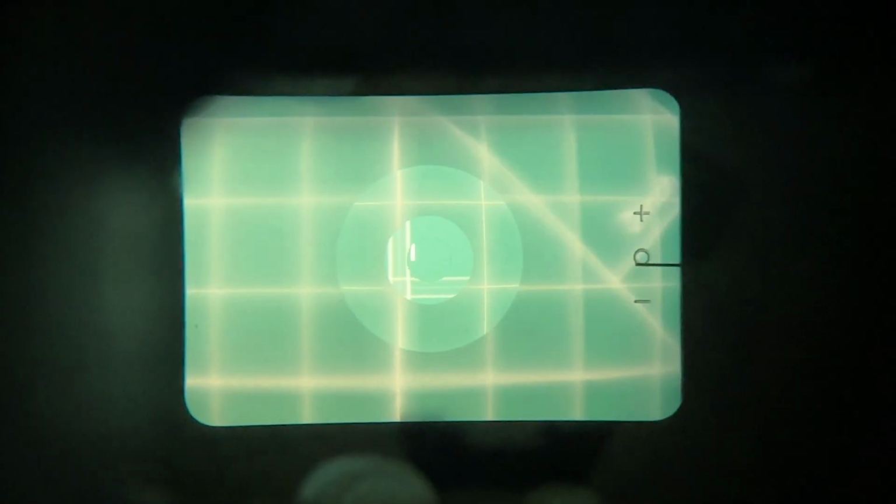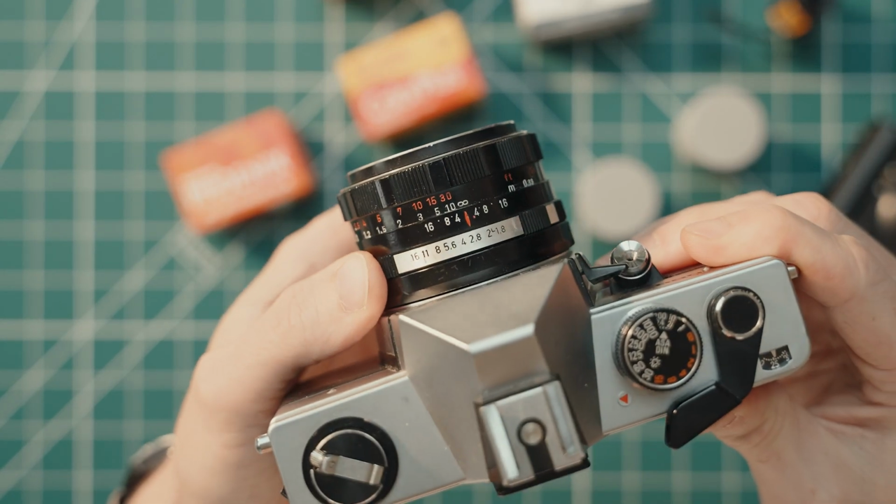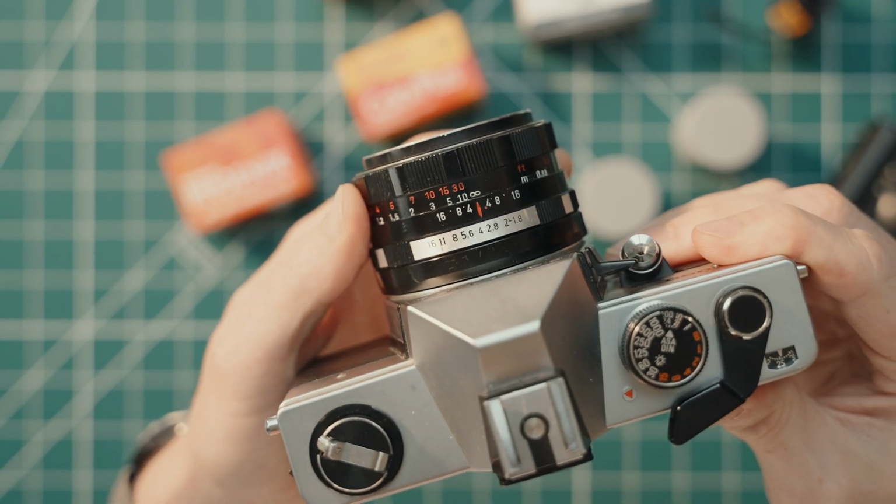This is a fully manual SLR film camera with a built-in exposure meter that may or may not work. It's got a 50mm lens, a maximum aperture of 1.8 and is heavier than the burden of having to make YouTube videos. It went straight in my camera bag, and because I wasn't taking enough to the US of A,